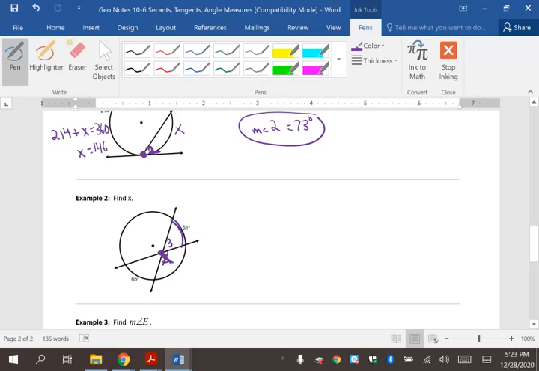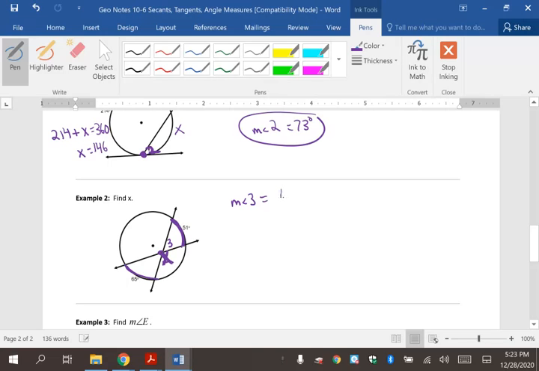Angle 3 cuts off this arc and this arc. So again, my mistype, we want to find angle x, or find x. X should be this right here. So we recognize that this is angle 3. The formula for the measure of angle 3, where your vertex is inside the circle, not on the center,